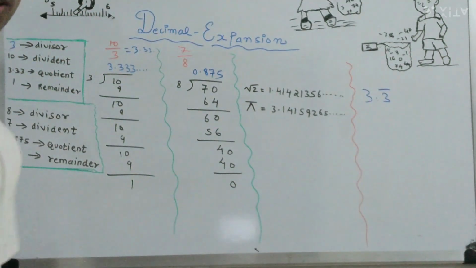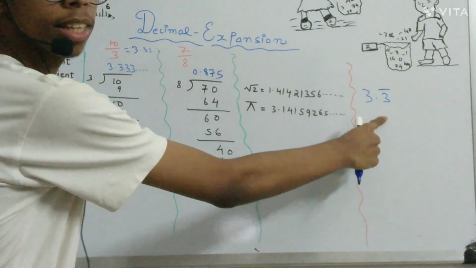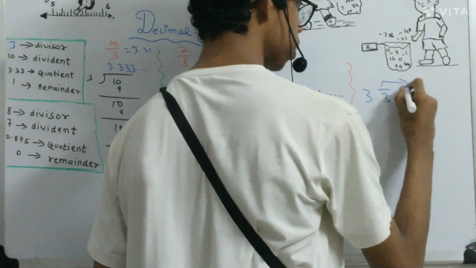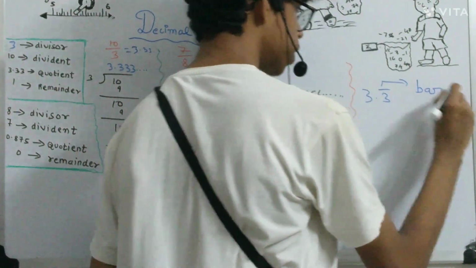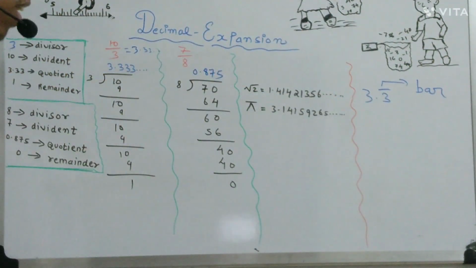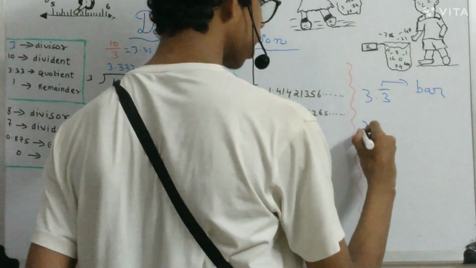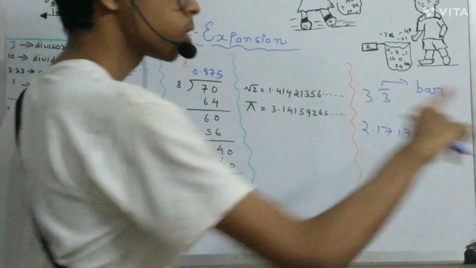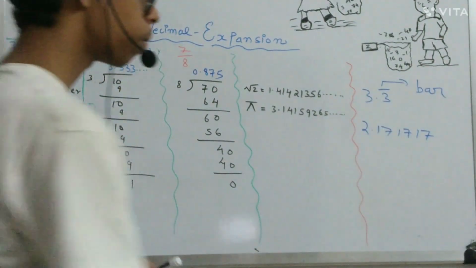Okay, we put a line over that 3 in order to represent that this 3 is repeating. We call this symbol a bar. So it is read as 3.3 bar. For example, if I write 2.171717, going on like that after the decimal point,